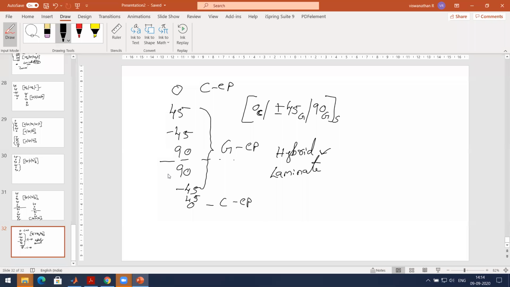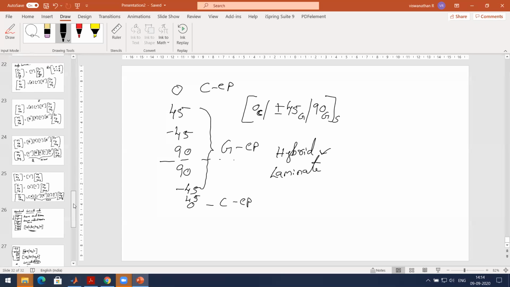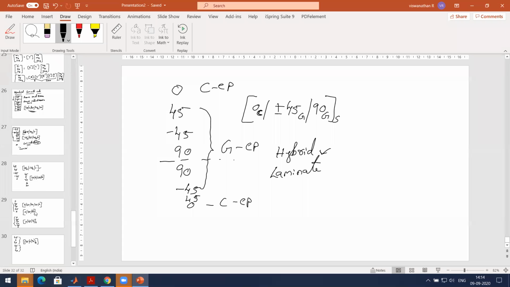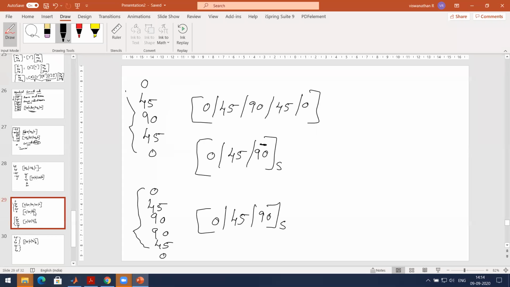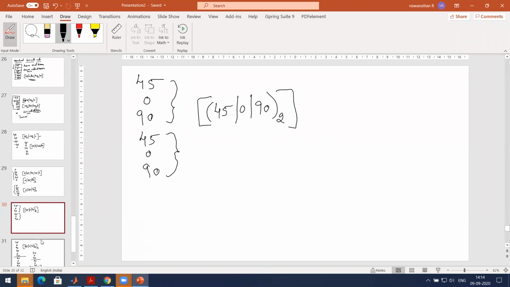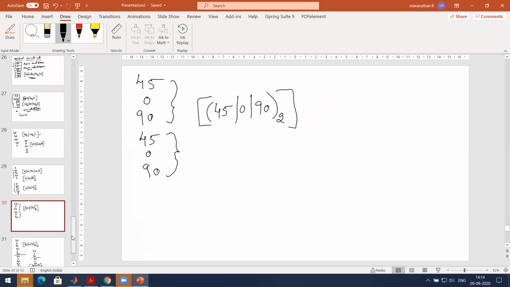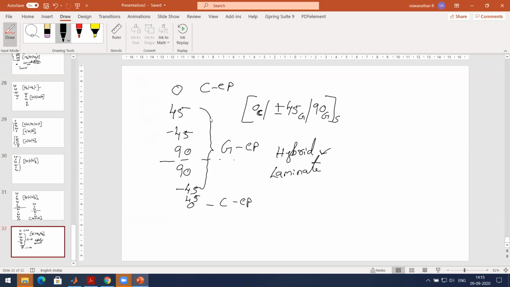That's how you make hybrid laminates. So you see, all these are tailor-made. What do you mean by tailor-made? You can design your composite laminate. I have not talked about designing the laminate yet, but you can do it. Based on the application, you arrive at these